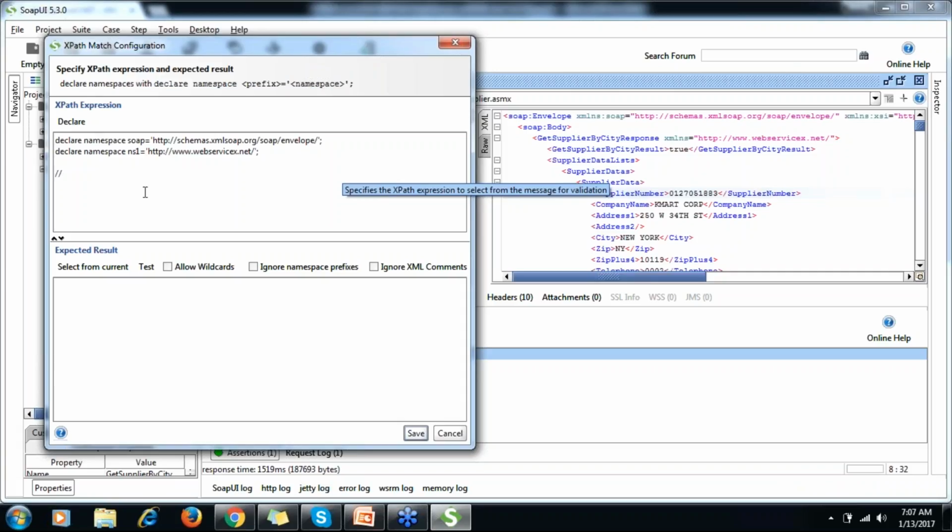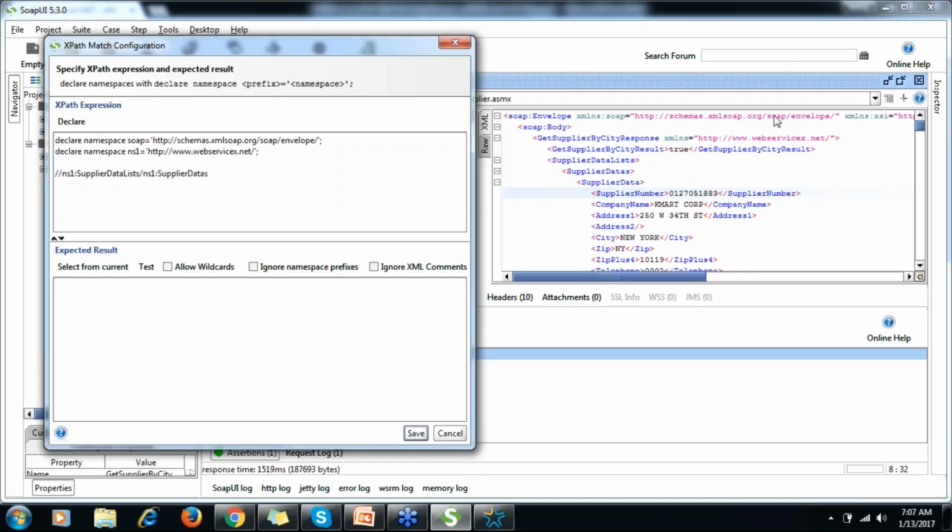So here I need to mention ns1, my namespace, and then let me mention supplier data list. Okay, and then ns1 and supplier data.